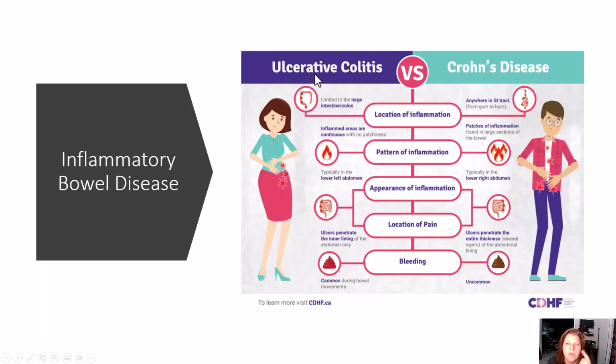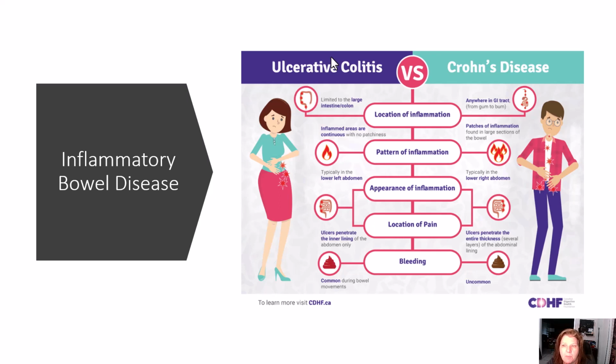So in ulcerative colitis, it can happen anywhere in the large intestine, so the lower part of the intestinal tract, whereas Crohn's can be anywhere from, as the slide says, gum to bum. So it can happen anywhere throughout, but it's usually in the small or large intestine